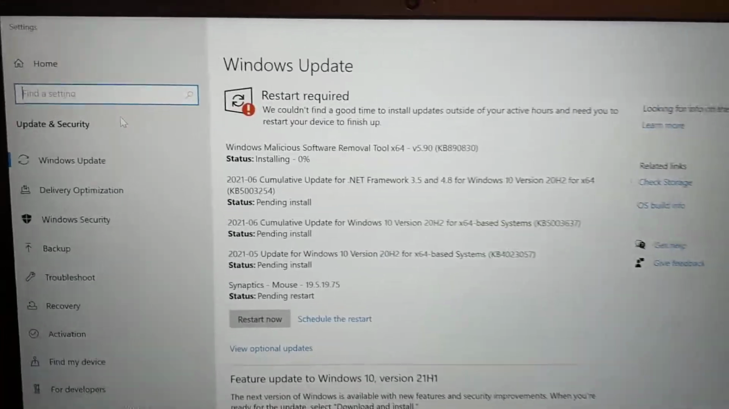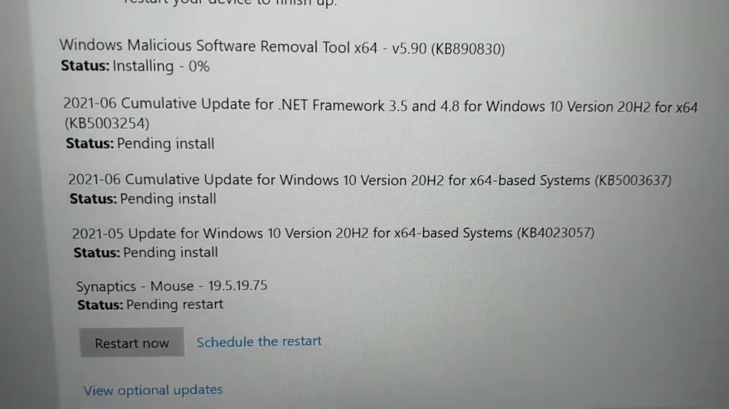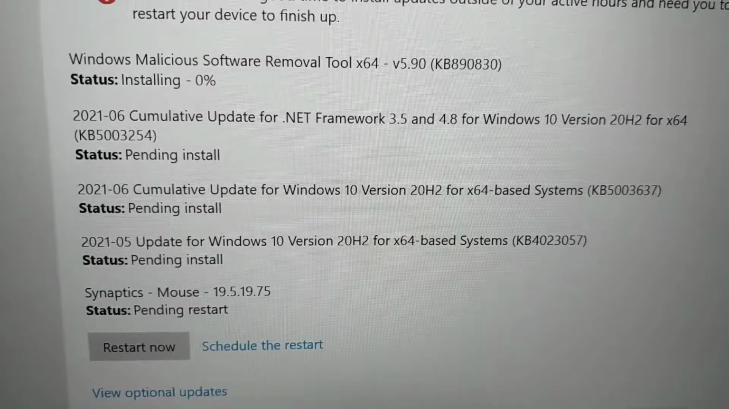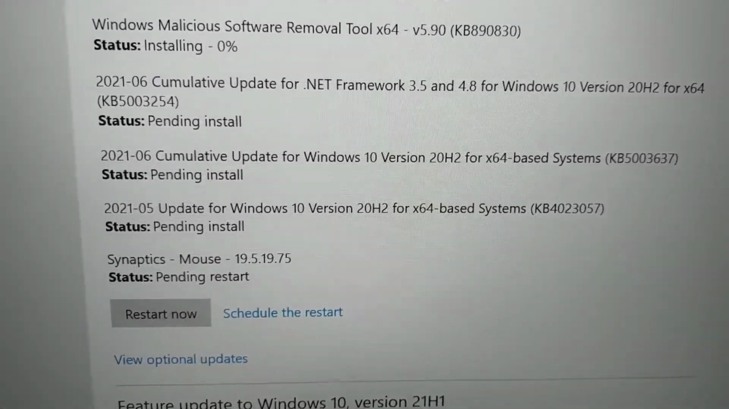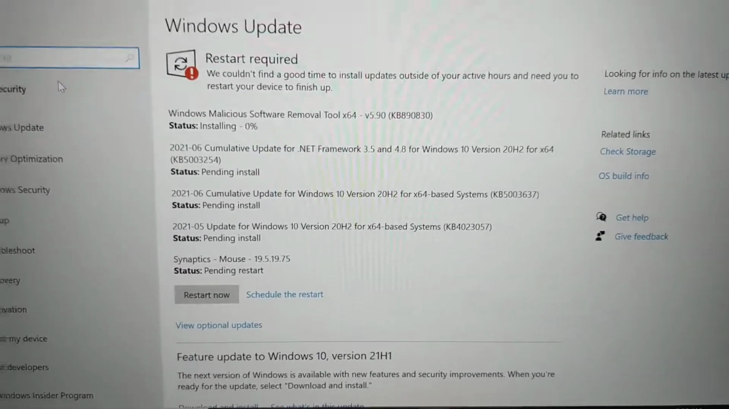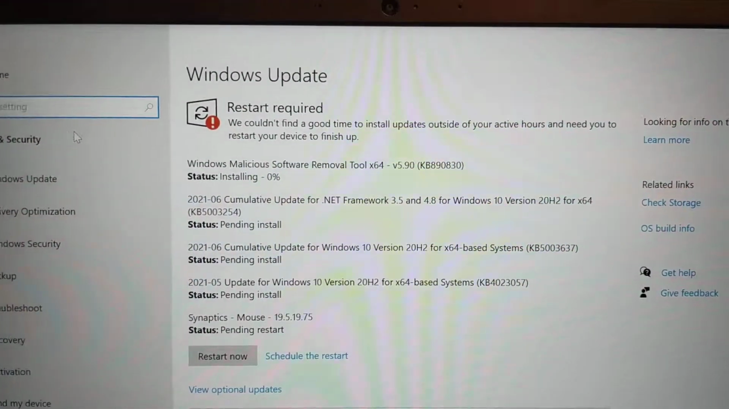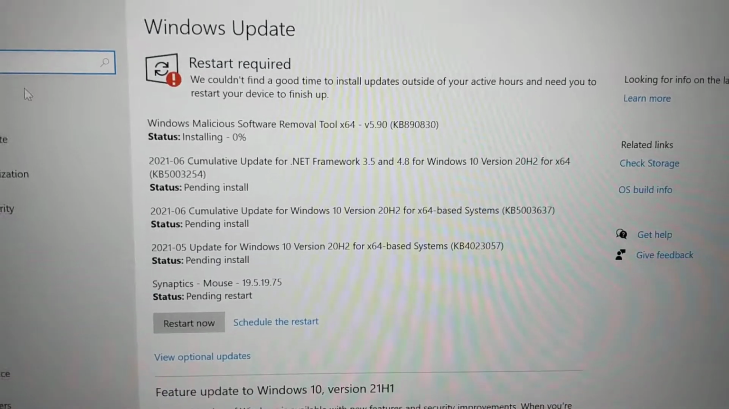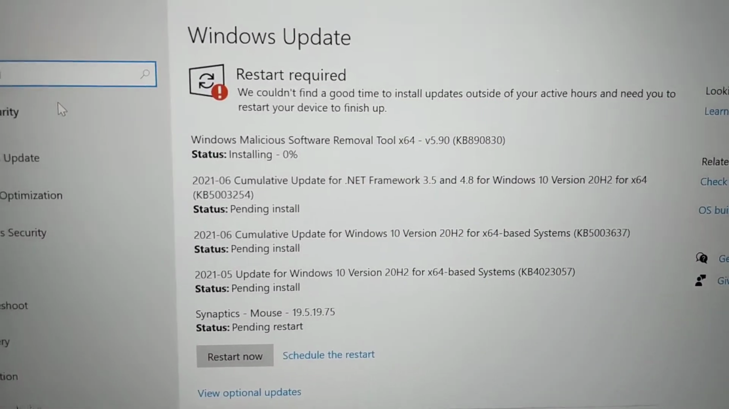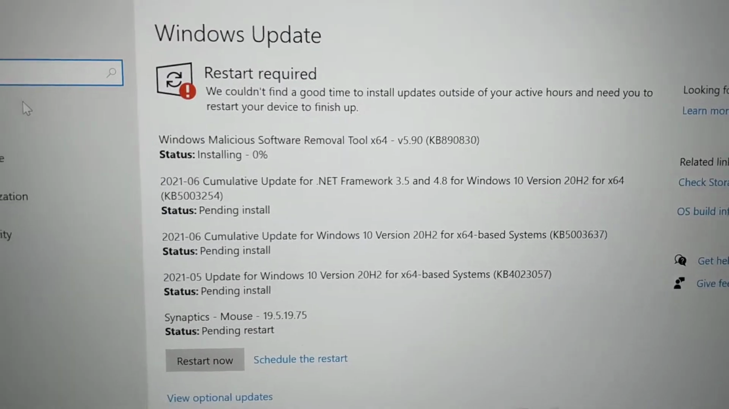Now this machine's been sitting a while, so already it's trying to do stuff. It's installing something. And then we have 3, 4 pending install, 1 pending restart. So somebody was on this thing and then it just didn't finish. So what I'm saying is if Microsoft comes up like it just did with us just now for a security issue, and you need to manually do an update,